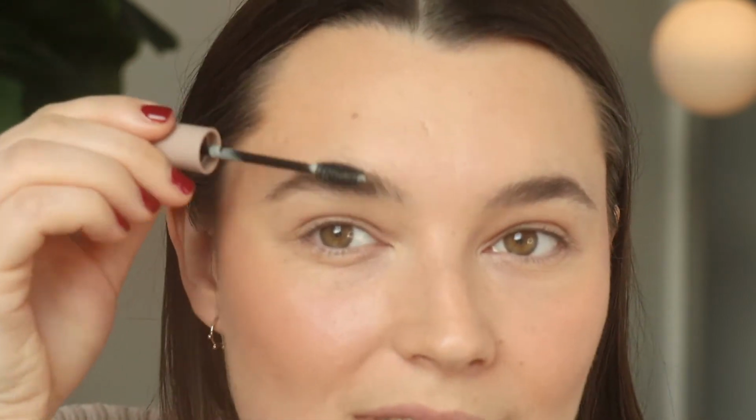So I have the clear brow gel here, and the one thing I will say is if you buy one of the tinted versions, I think the brush is the same, and it's quite a large brush. So it's going to be quite difficult to get a precise application if you're using quite a big brush like this to deposit colour. For the clear one, I think it's fine, it's not really that big of a deal. So it does give your brows a really nice fluffy look,